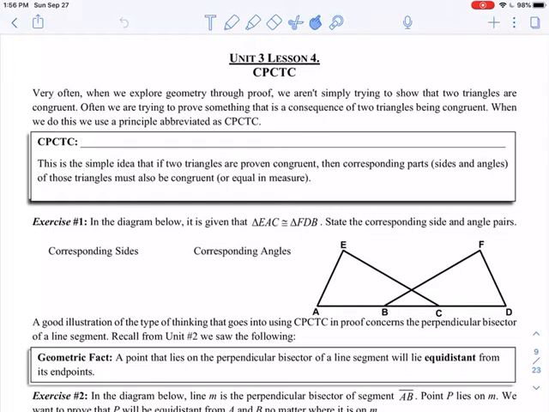So a lot of times when we're doing these triangle proofs, we're not necessarily just trying to prove the triangles are congruent. That's what we've done so far. But now we might be proving the triangles are congruent and then something else after that is congruent, like the corresponding part. So that's what the CP stands for. We might be trying to prove that something's perpendicular, or we might be trying to prove that something's bisecting an angle. All right, so CPCTC stands for corresponding parts